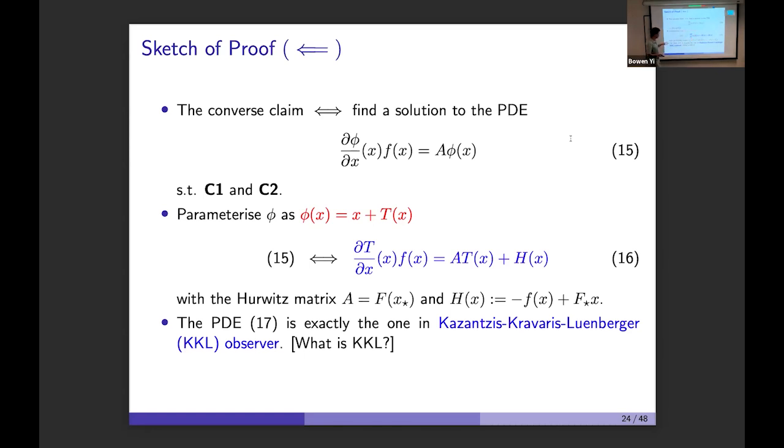Here the matrix A is the Jacobian matrix at the equilibrium x star, and the function is in this form. A very interesting finding here is that partial differential equation 16 is exactly the same as the partial differential equation in the so-called KKL observer. It's a very popular nonlinear observer. We call it